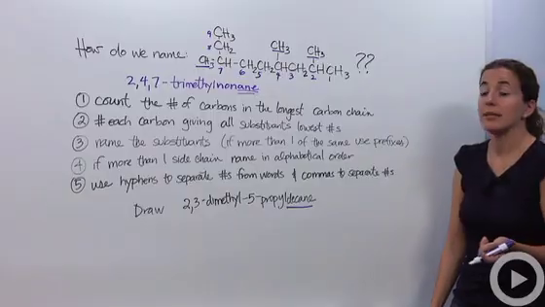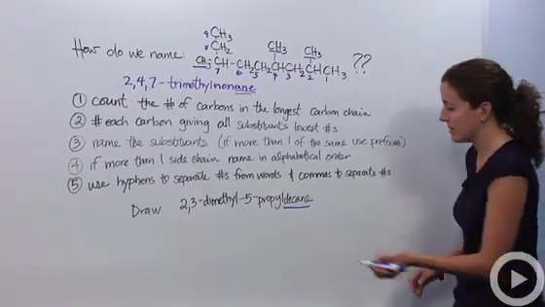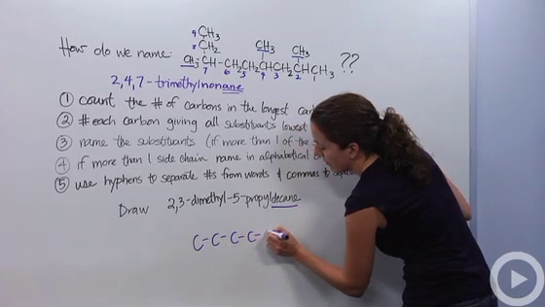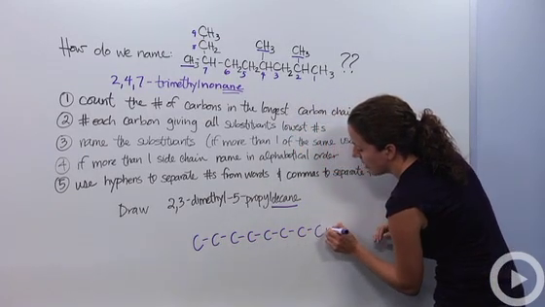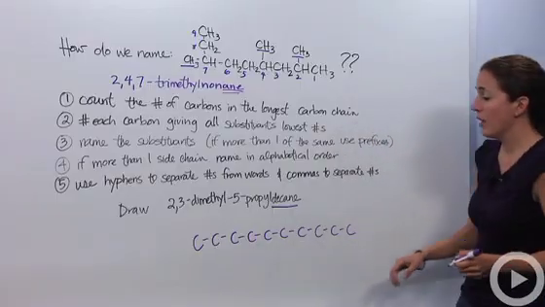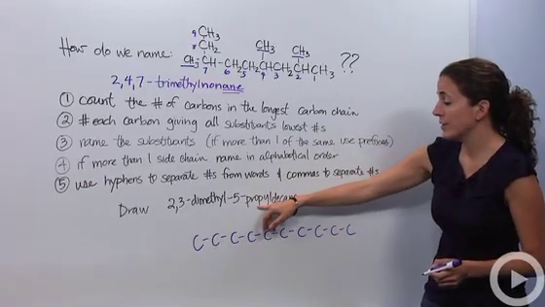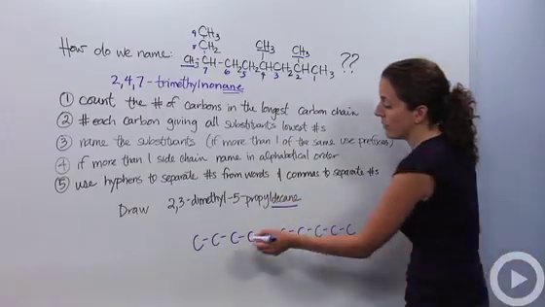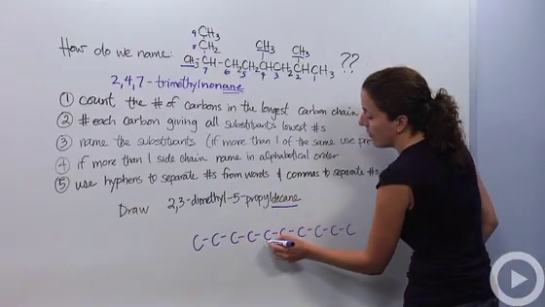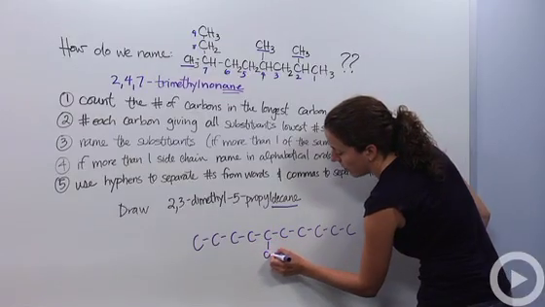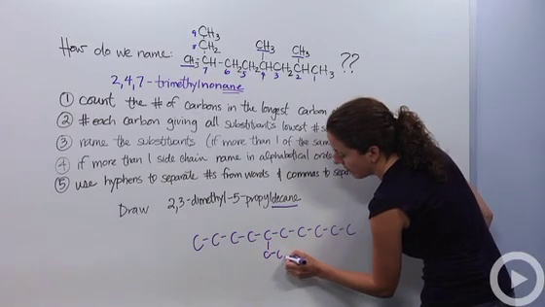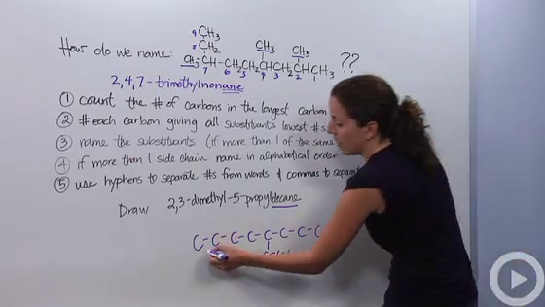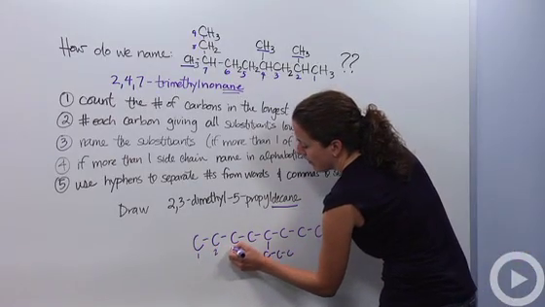Dec, the prefix dec means 10. So I'm going to draw 10 carbons, okay? 1, 2, 3, 4, 5, 6, 7, 8, 9, 10. At the 5th carbon, there's a propyl group. Don't forget propyl means 3 carbons. So at the 5th one, 1, 2, 3, 4, 5, there's a propyl group. I'm just going to go this way just for saving space. So we have 3 carbons coming off of carbon 5. We're going to label this just for our